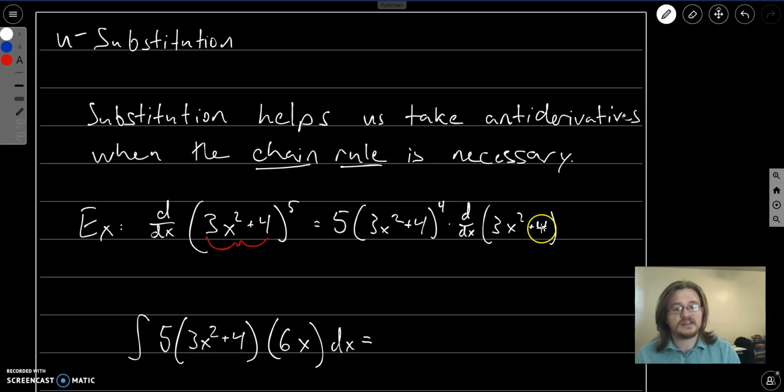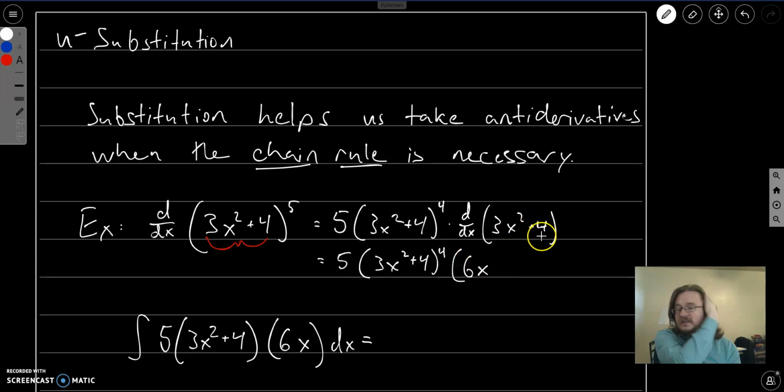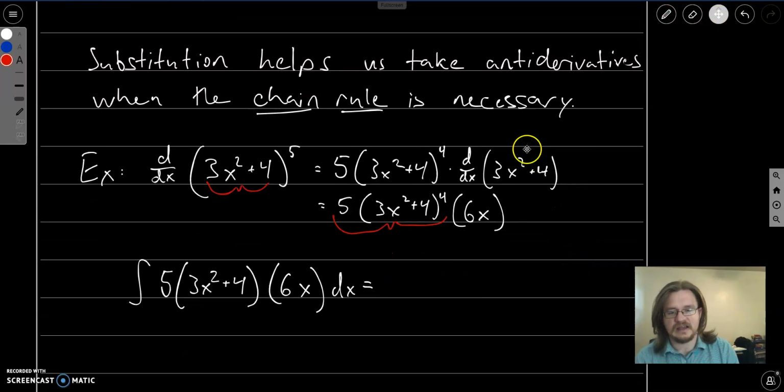And then the derivative of 3x squared plus 4 is going to be 3 times the derivative of x squared, which is 2x, so that will be 6x, and the derivative of 4 is 0. So this is going to be our derivative, and you'll notice that we have the part out front that is simply the derivative of anything raised to the 5th power. We bring down the 5 and raise it to the 4th power. And then we take it times the derivative of the inside. And the derivative of the inside of this is going to be 6x. Now,